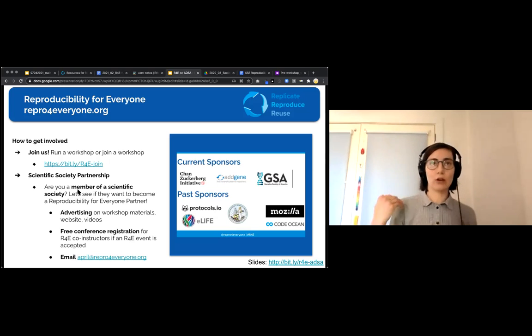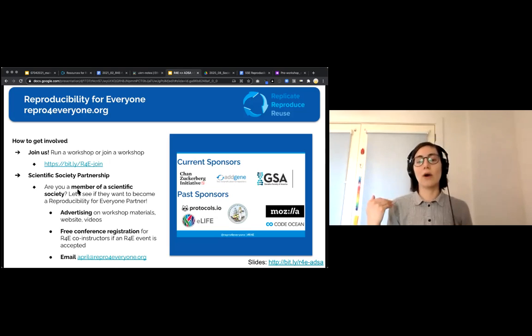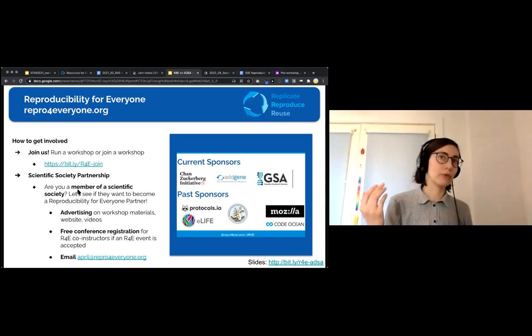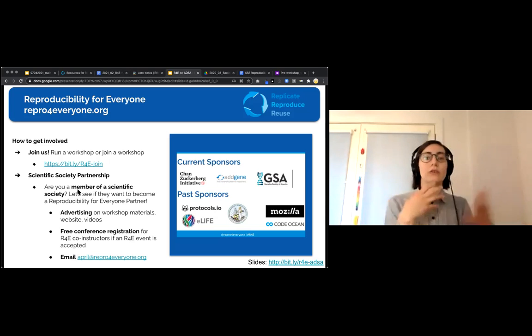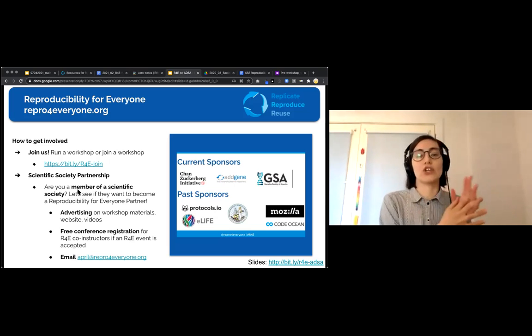So we have that in our budget, but that limits how many conferences we can do. So our thought is we already have the Genetic Society of America agreeing to this, and a couple other groups are in discussion with us to be our partners, where they get their logo on our website and our materials to say they're a partner organization.